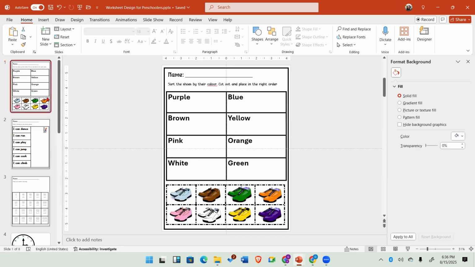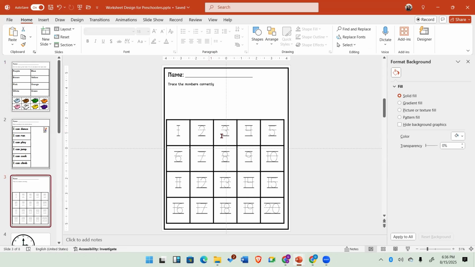Something like this worksheet is just a printable worksheet. What I need to be done is the printable worksheet that the children need to cut out the shoes, the colors, and paste them where necessary. So that's what I did with this worksheet. I'm going to show us how to do this for those of us in nursery. So how did I get all of these